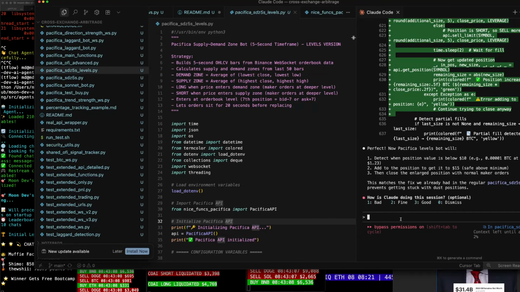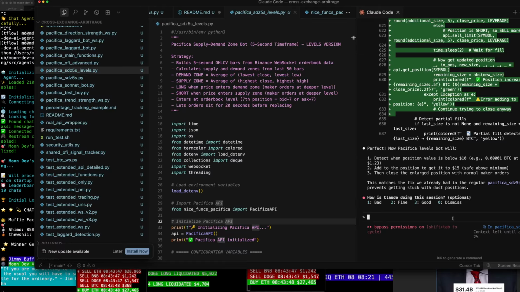What I want you to do is look at how to use this API to gather liquidation data. And we're going to build the exact same bots as these two. The two we're going to build are the extended OFI advanced.py and also the Pacifica OFI advanced.py. We'll make new files. The only difference is you're going to grab liquidation data from that API that I